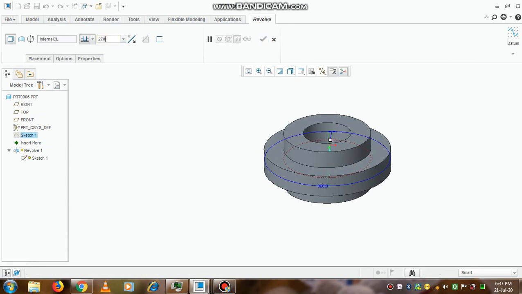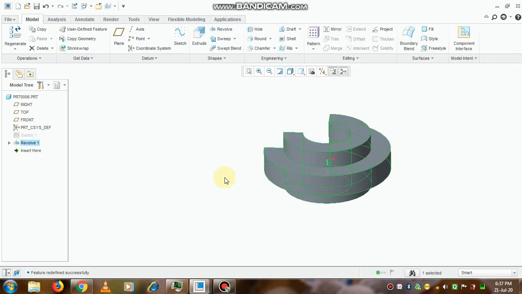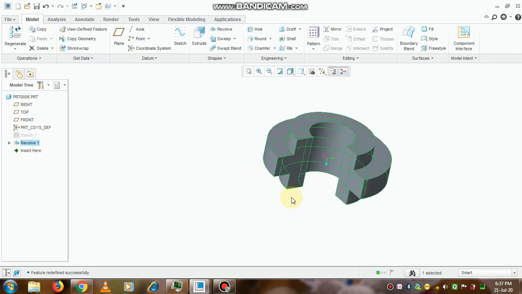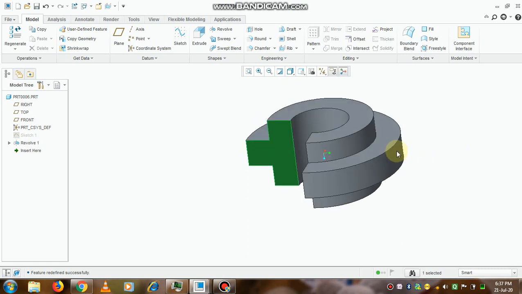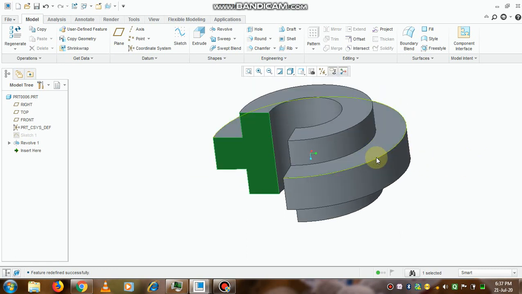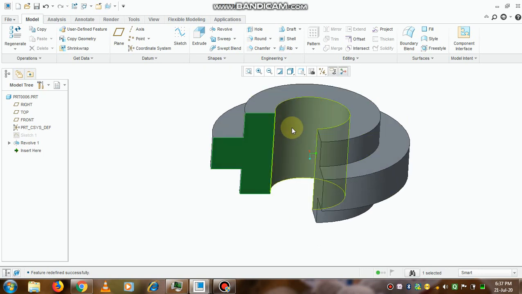So we can edit this revolve command, suppose 270 degree, and click on OK. So see, it will be visible in this way. Again, if you click on any of the surface, it will be visible, so that green lines will get switched off and we will be able to see the object properly.